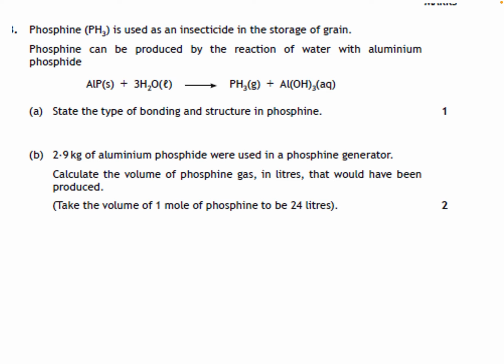Phosphine is used as an insecticide in the storage of grain. It can be produced by the reaction of water with aluminium phosphide. First of all, let's state the type of bonding and structure in phosphine, which is not this one, it's this one. PH3, the fact it's a gas and the fact it's two non-metals mean that this is going to be covalent,